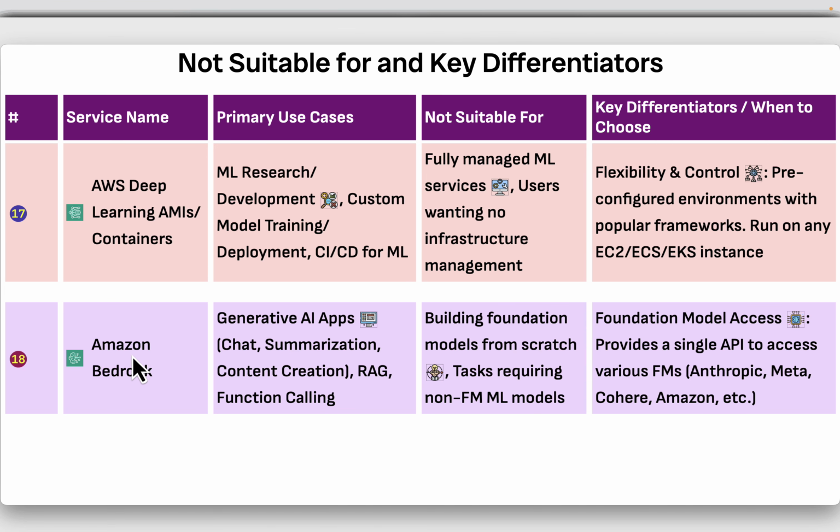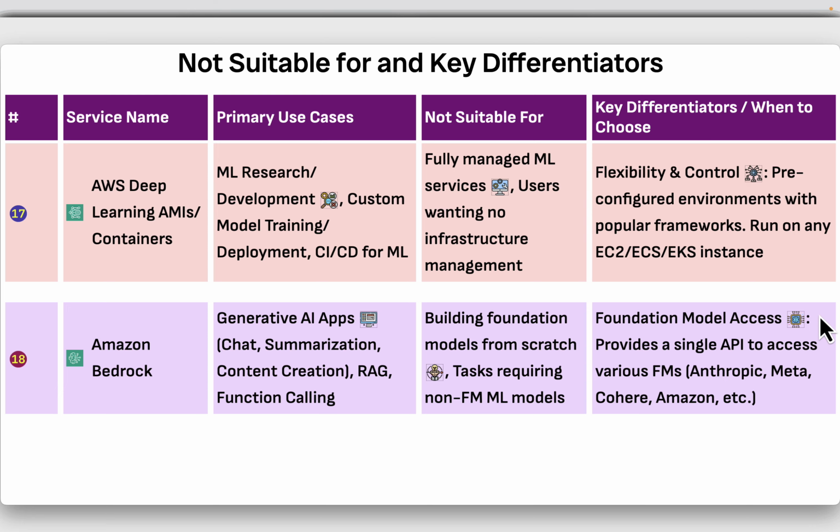Next service, Amazon Bedrock. Primary use cases are generative AI apps like chat, summarization, content creation, retrieval augmented generation, and function calling. This is not suitable for building foundation models from scratch and tasks which require non-foundation-model ML models. So key differentiators and when to choose: